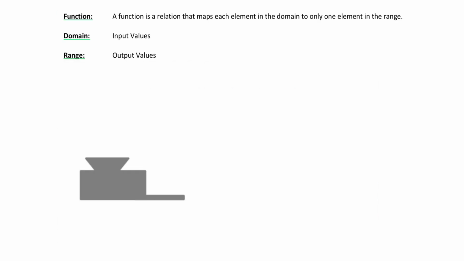First of all, some definitions, okay? A function is a relation that maps each element in the domain to only one element in the range. Blah, that didn't make any sense whatsoever, did it? Okay, let me explain each one of these things. Okay, so first of all,